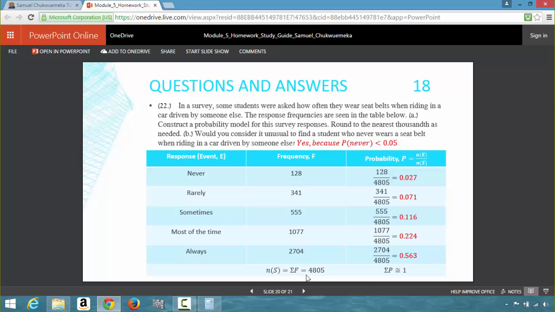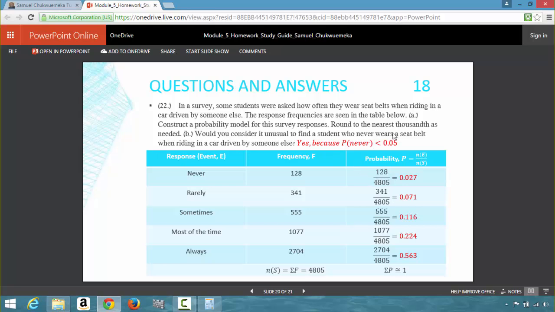So you add up all the frequencies, it gives you 4805, and then you find the probability of each event. Probability of never will be 0.027 because the number of responses who answered never were 128. So you do 128 divided by